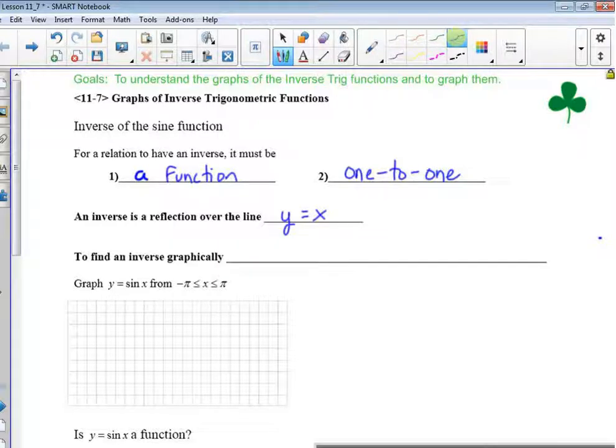To find an inverse graphically, we're going to switch x and y coordinates. Now, for it to be a function, it has to pass the vertical line test: no repeating x coordinates. One-to-one has to pass the horizontal line test. So if we graph y equals sine x from negative pi to pi,